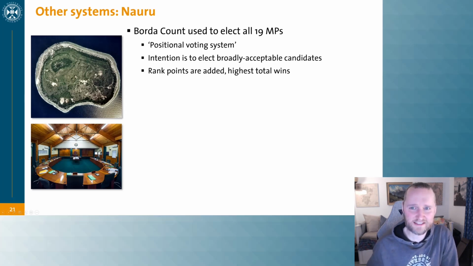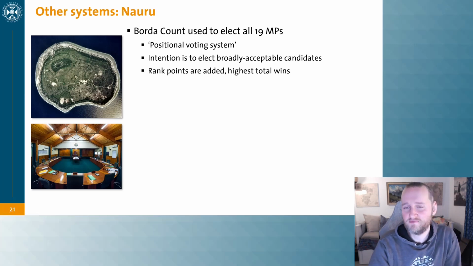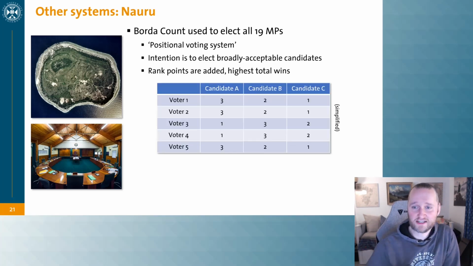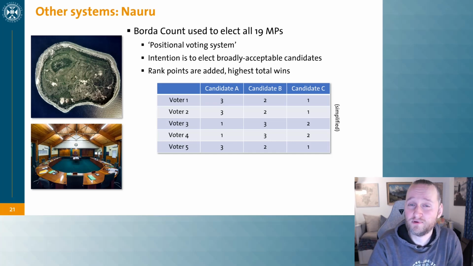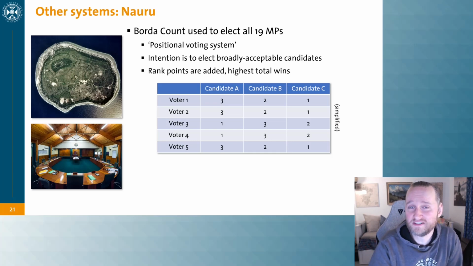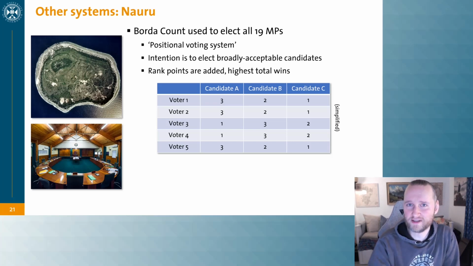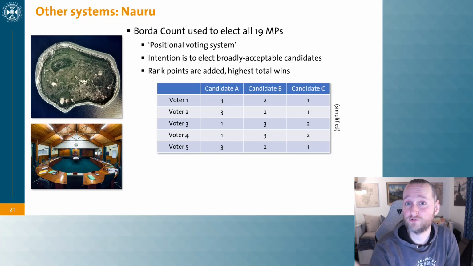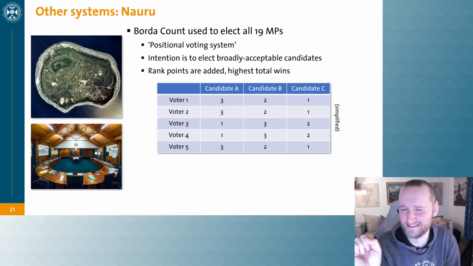So it's a very tiny island nation, and they're using the Borda count system, which is also called a positional voting system. What happens essentially is that you assign a number to each candidate that stands for election, and the higher the number, the more you like that candidate. The Borda count system then adds the rank points that each candidate gets and then declares someone the winner based on these rank points. Now, the interesting thing about this Borda count system is that it tends to elect not the people that the most voters like,